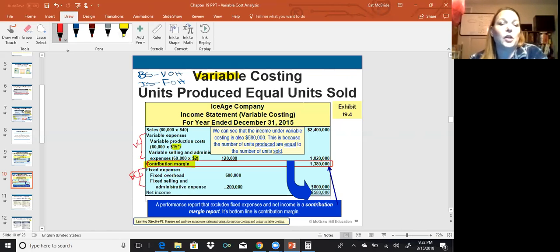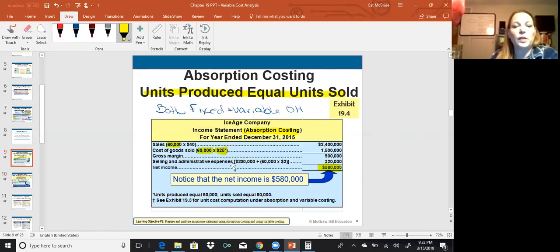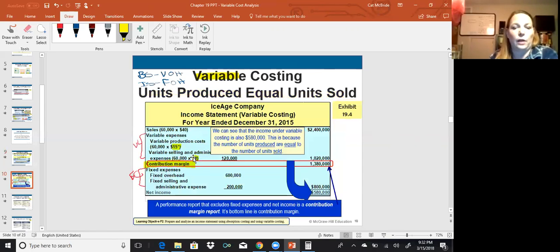But our fixed overhead's going to go to our income statement. So we've got the $15 here, and then we have our variable selling and admin. Now the variable selling and admin on this type of income statement is still included. See, here it is, the $2 under selling and admin expenses. It's still there. Here we just put it here, the $2. Then we are subtracting our fixed overhead and our fixed selling and admin expenses. So our net income is $580,000